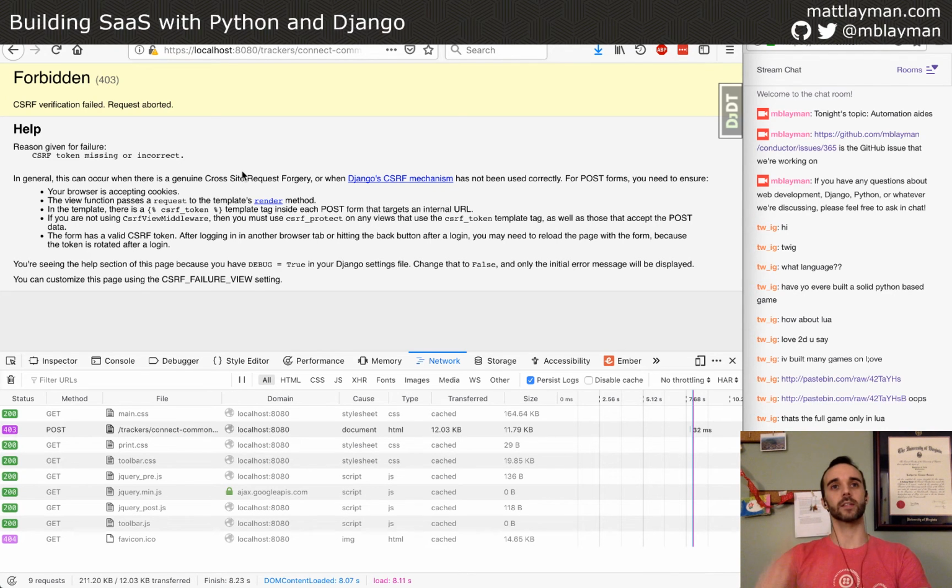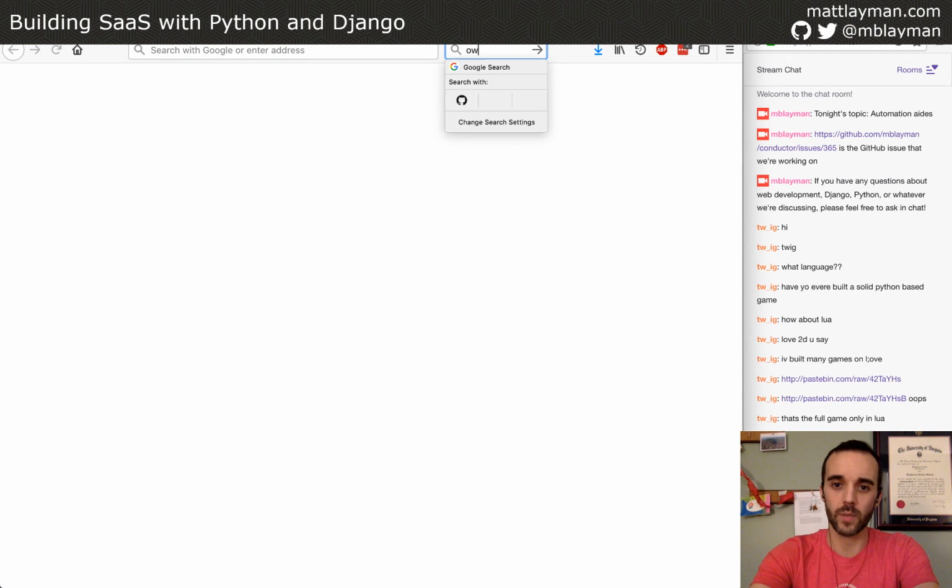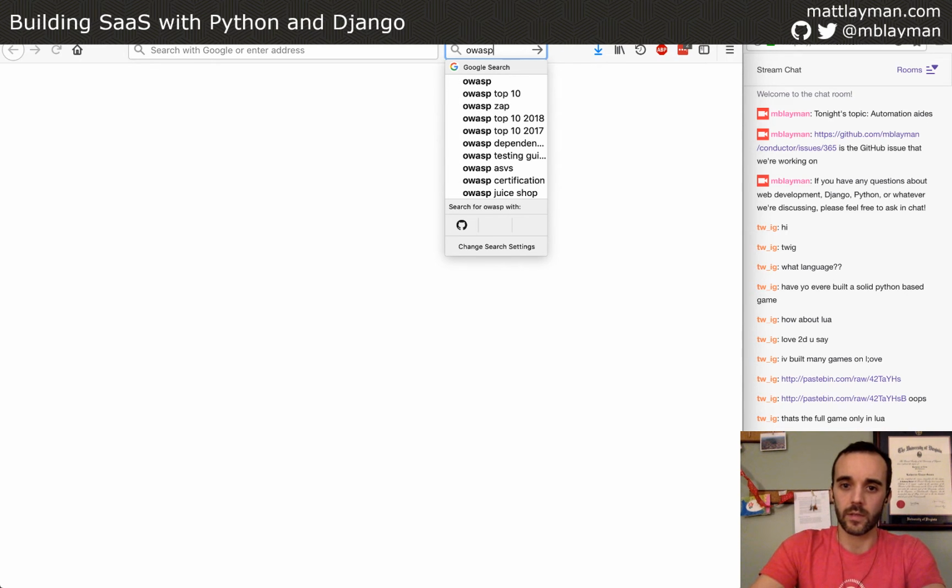The way it does that is by giving a special token that, when you submit your form, must be included with the form. And if the token is not included, you get a forbidden error. And this has to do, I think, with JavaScript. I'm drawing a blank off the top of my head. But if you want to go learn more, there is a website called OWASP, I believe.